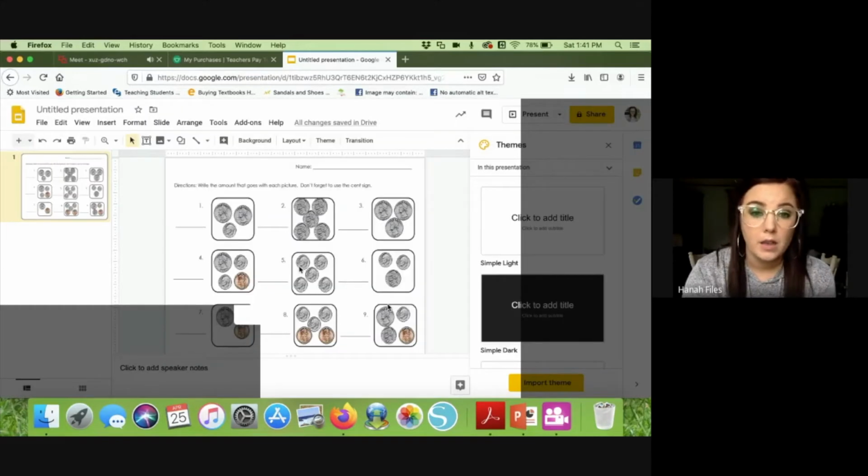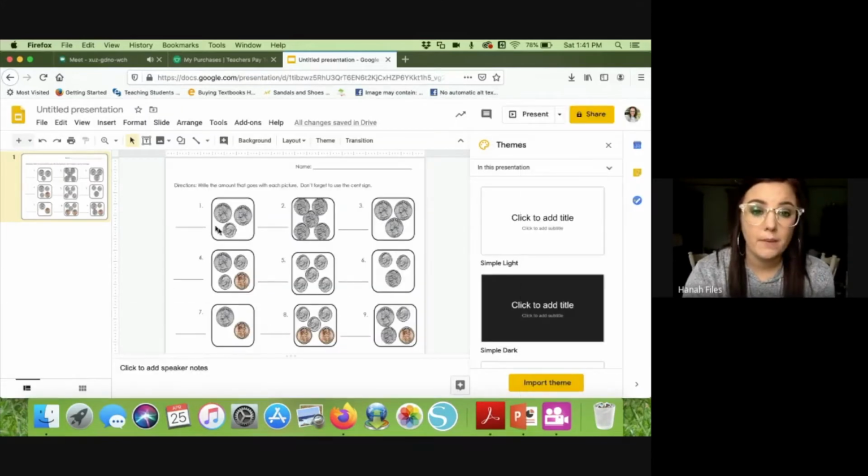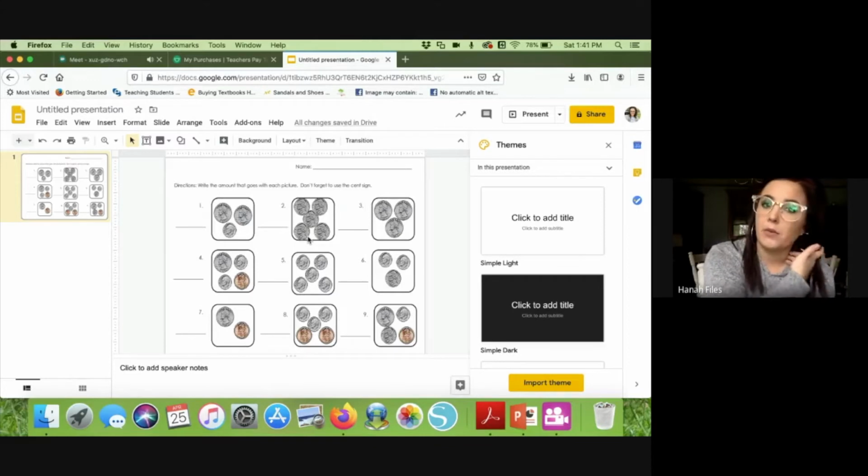Done. And if you see, now they cannot move the worksheet at all. It is the background. They can't move it, touch it, anything. Okay, so now you're probably wanting to know how can they write or type their answer on this worksheet or